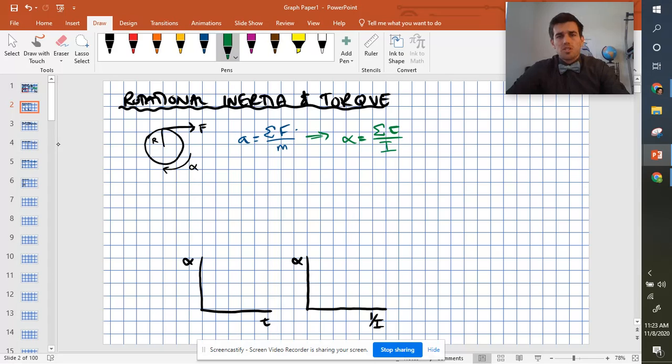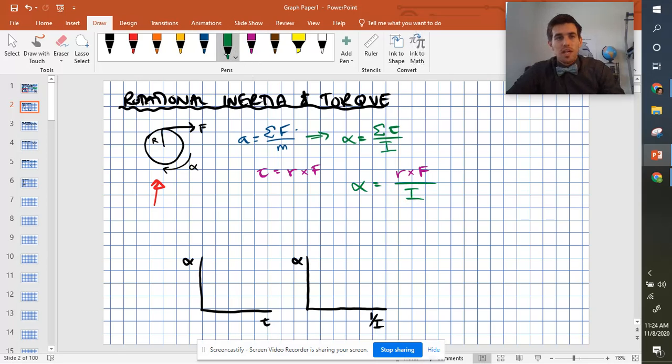But something important to realize and to connect here is that we have some other equations that describe rotational motion and torques as well. So we know that torque can also be written as R times F. So if we look at this system right here that I've drawn over here, where we have some kind of a disk and a force is being applied to cause an angular acceleration, I could solve for the angular acceleration by combining together these two equations. And I could say that the angular acceleration is going to be equal to R times F all over the